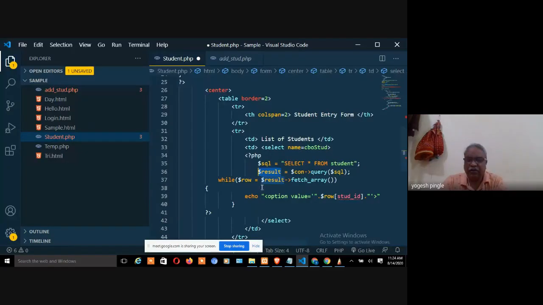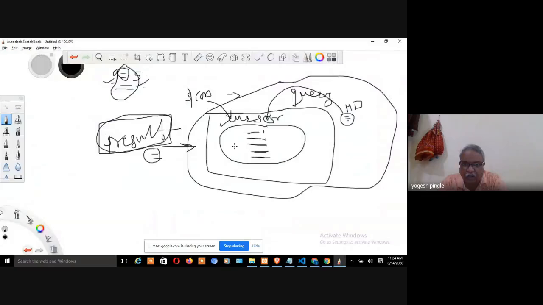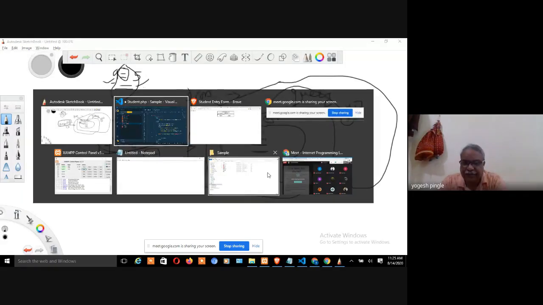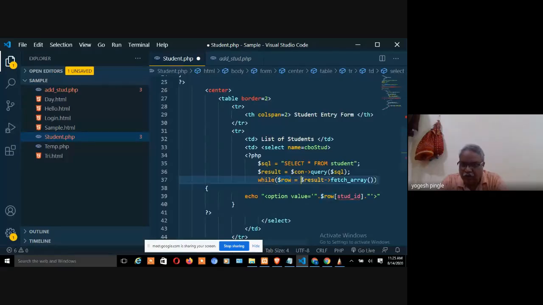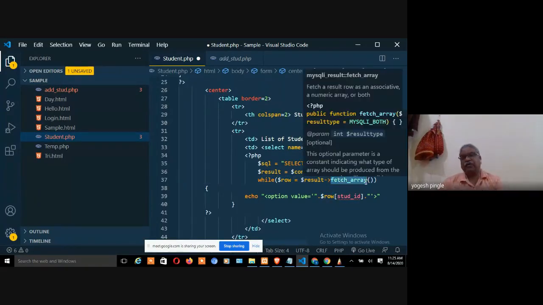How is it fetching? Look at the symbol. Next, you put a while loop, while $row, again a new variable. Now $row is where you are going to point. So result is pointing to the whole section, and row is pointing to the one by one record, right? Fine. So $row equal to $result, and this is the function fetch array.